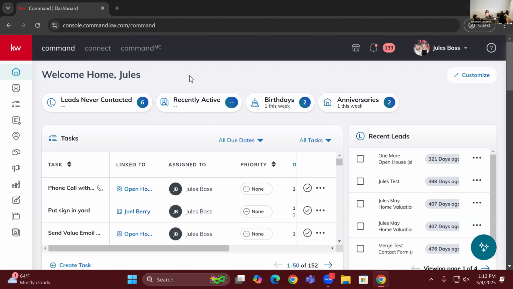Is it easier to deselect from here, or once they're already imported, you can go through? Yeah, you can go through. If you add them to command, nothing gets sent to them. Okay. So it just gives you an opportunity to, okay. Yeah. So our recommendation typically is to add as many people into your command database as possible.